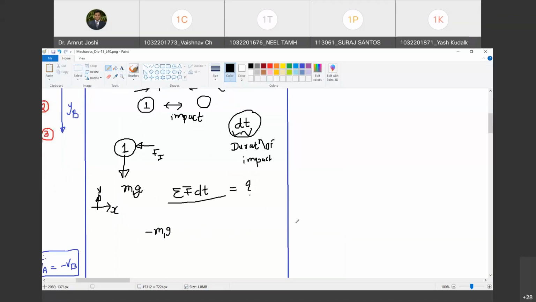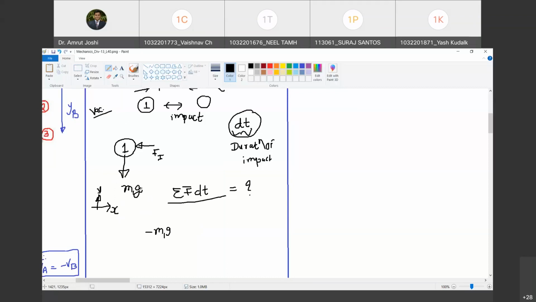Sir, we are talking about the impact. Here the impact of the two bodies is in free space, or suppose both these bodies are rolling bodies on the ground, and they are having an impact, then the friction with the ground should also be considered. Is it in free space? Yeah, let us say it is in vacuum. Okay, sir.